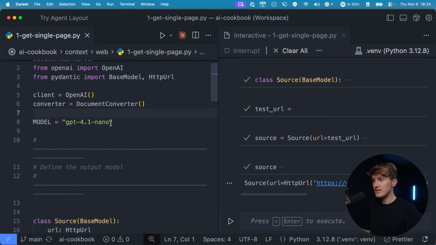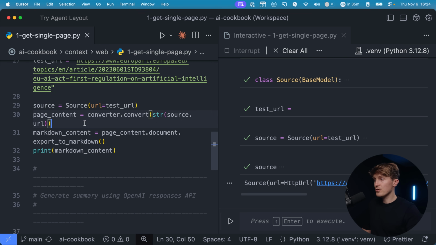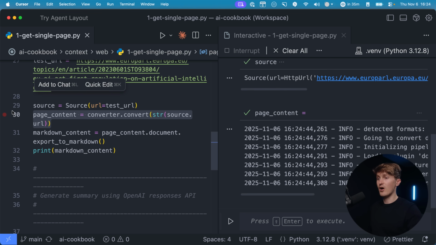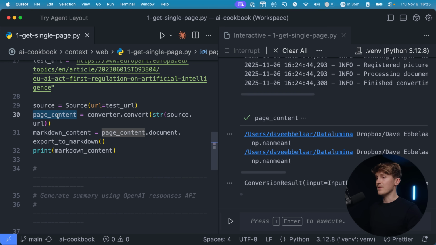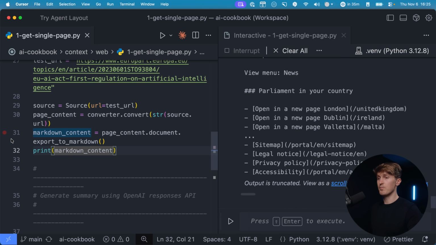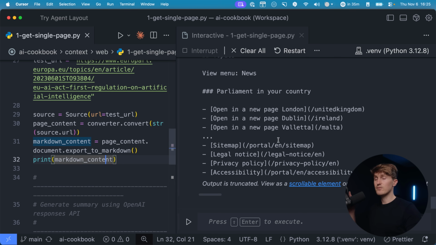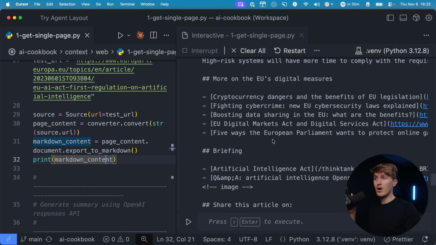And now this is simply what we can use. So let me show you what that looks like. If we use Docling to get the page, it will print some logging info over here. Then in the page content, you can see we have a conversion result over here. And what I can do using that, I can call .document.export to markdown. So if I run this and then print this, you'll find that we now have an entire markdown file over